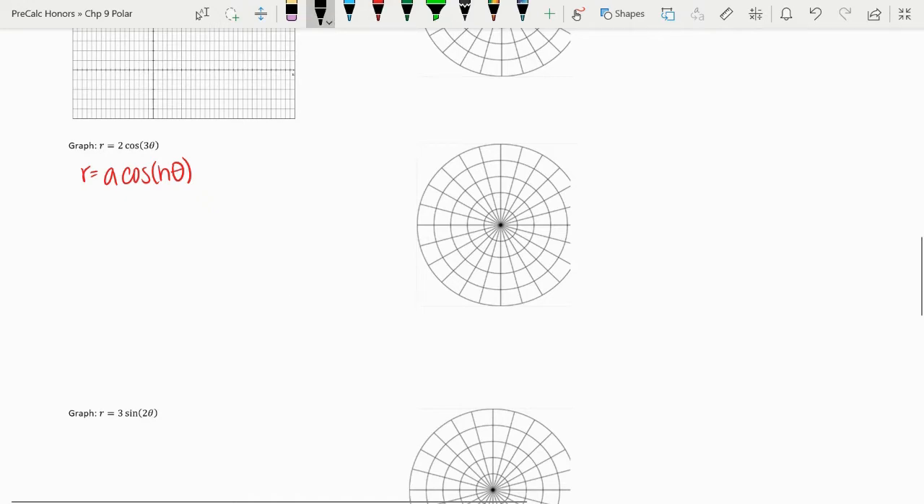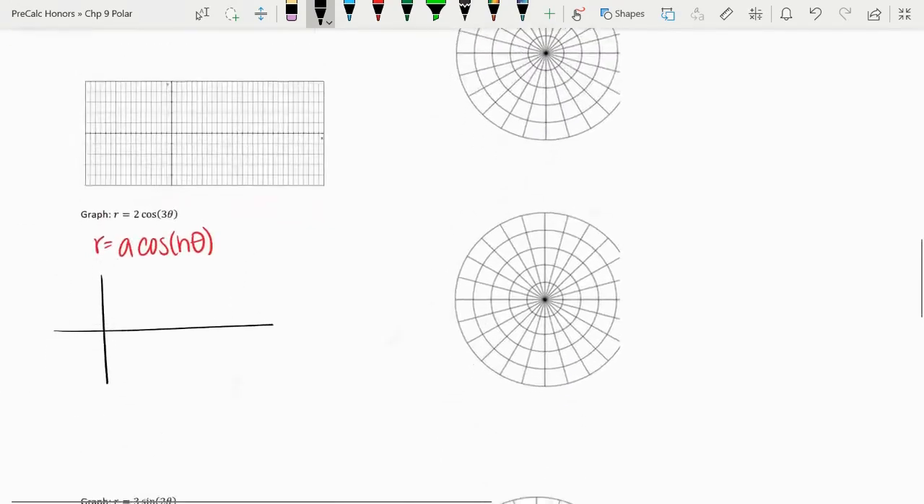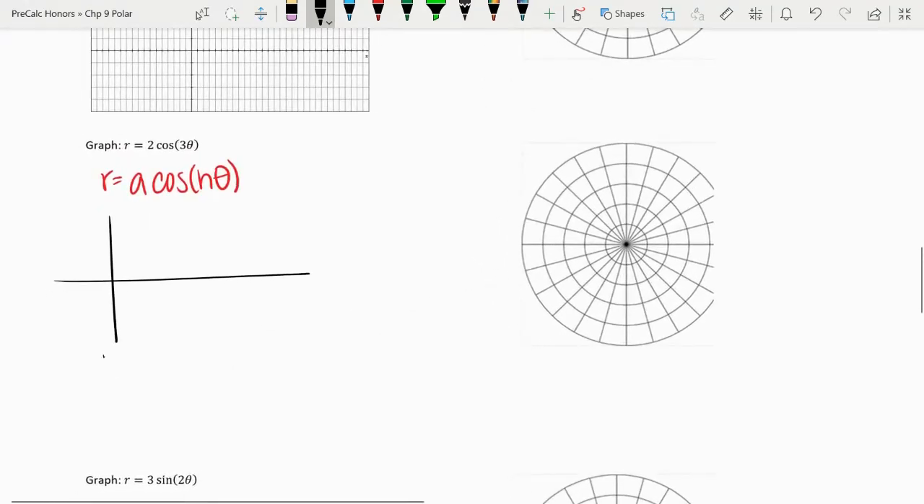So if n is an odd number, I would have that number of petals. So this graph is going to have 3 petals. Maybe you guys also caught on that the petal length is going to be 2. And I still like to do a little XY graph. So I'm also going to graph this guy as y equals 2 cosine